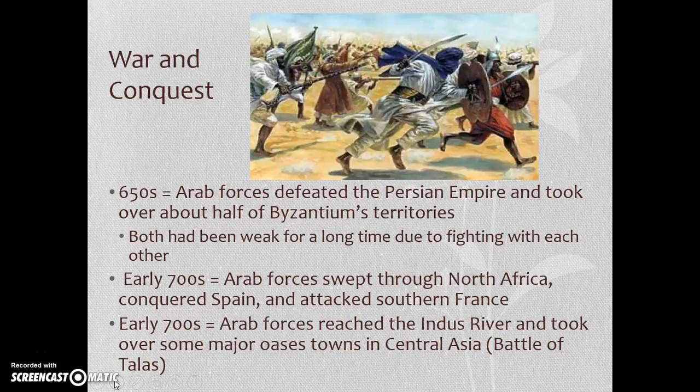Also, the Arab forces spread through war and conquest. A lot of battles took place; they were kind of an aggressive group, and with that they spread through certain battles. One of the battles being in 751, the Islamic forces defeated the Chinese in Central Asia at the Battle of Talas. This allowed the Turkic people to become widespread in Islamic culture and checked the westward spread of China.